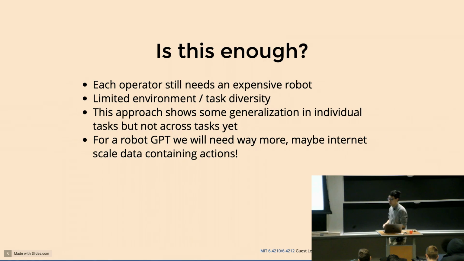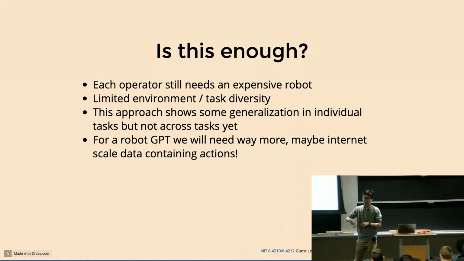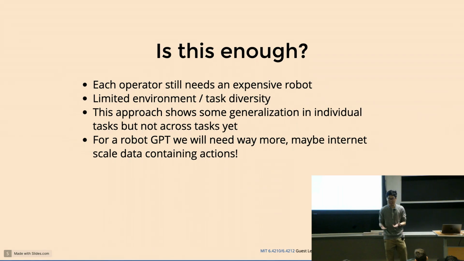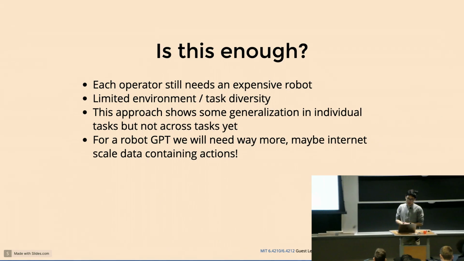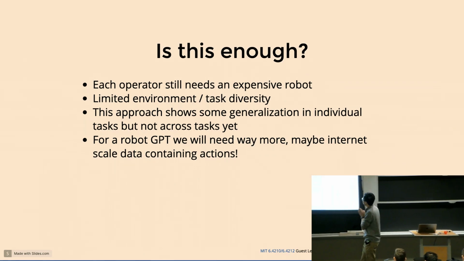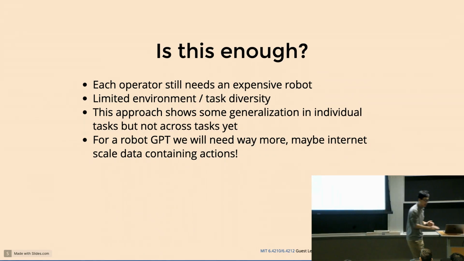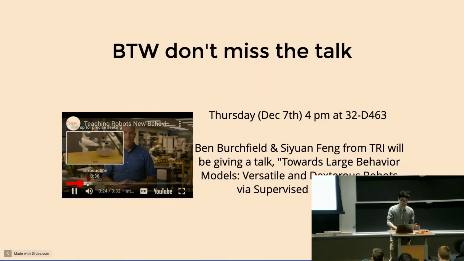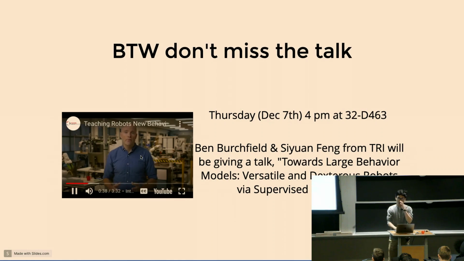So if you ask that model to, I don't know, bake a cake for you, you actually need to collect a lot of data about baking cakes. It will not generalize without those annotations. Therefore, we really have limited environment and task diversity. And this approach shows some generalization in individual tasks. For example, after you collect a lot of data about a certain task, for example making a pancake,